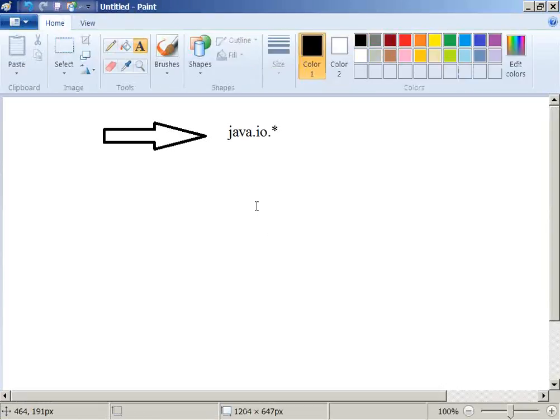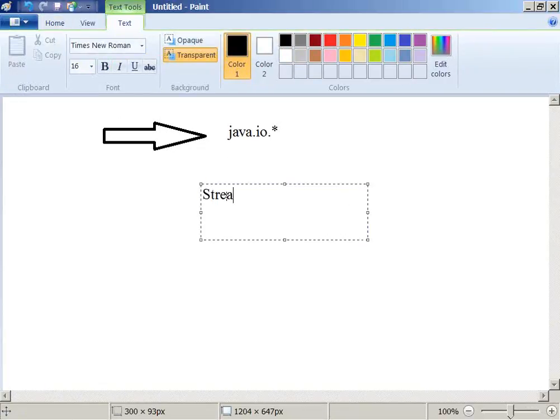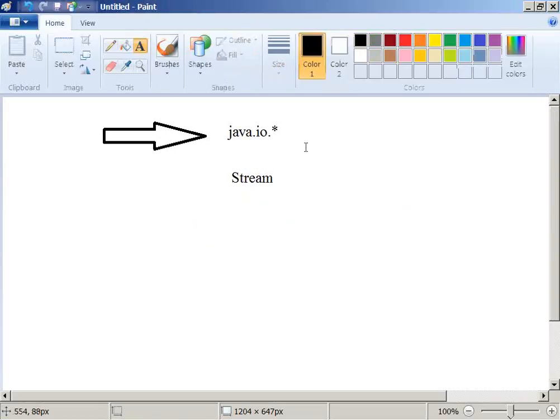So generally, Java performs these input operations and output operations by using a simple concept called what? Stream. It uses streams. So what is the meaning of a stream? A general meaning, right? A stream is nothing but a water stream, if you take, a continuous flow. So a stream is a continuous flow of data from a source to a destination, right? So Java performs these reading and writing operations through what? Streams,